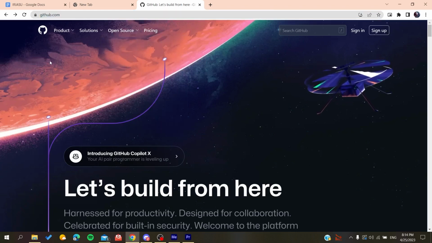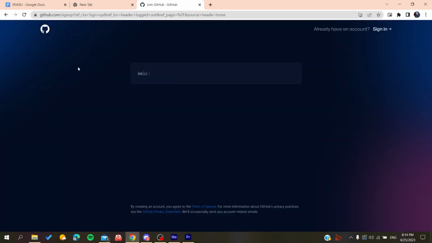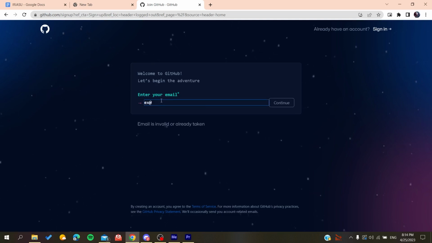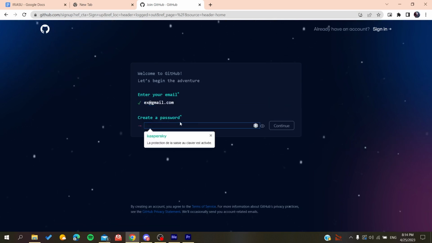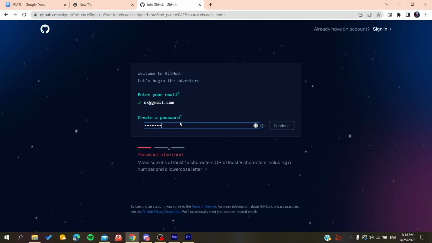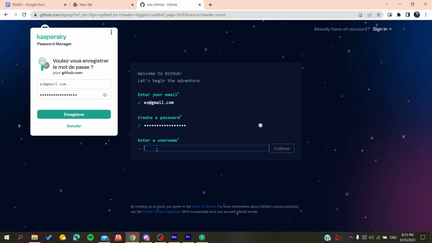And now we will need to create an account so we can be able to use the GitHub services. So basically all we need to do is to click on sign up and then it will redirect us to the sign up page. And now you need to add your email, gmail.com or any other email that you are using. You click on continue, you create a password. So if it was anything like that, you click on continue and then you will add a username, for example